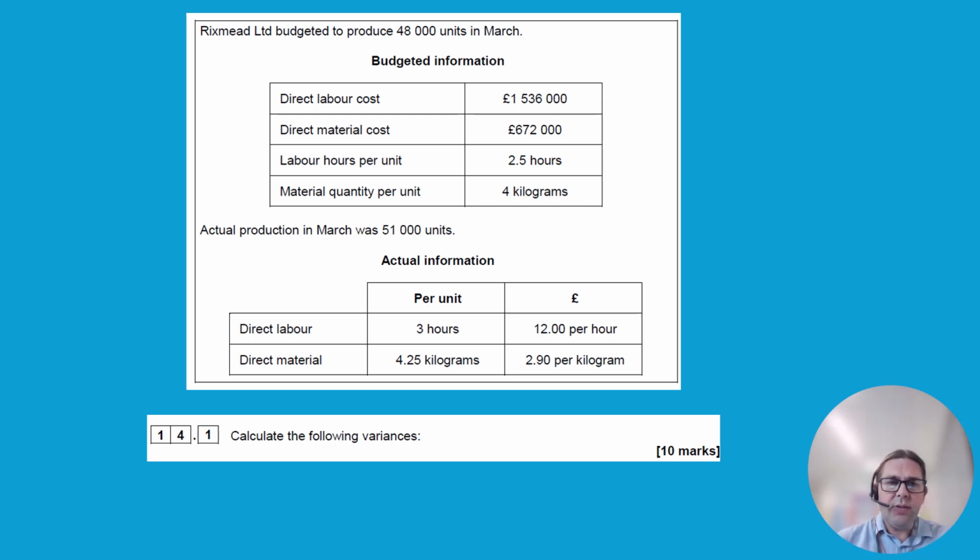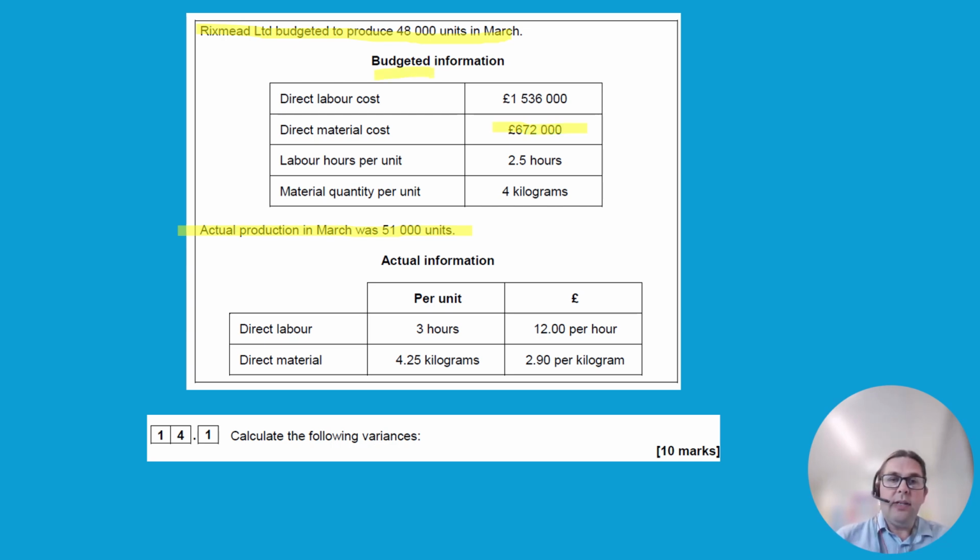Now, if we look at the data, we've got the top half is all about budgeted data, and the second half is all about actual. And so when we're looking at variance analysis, we're trying to say, are we achieving what we thought we would? So what we did do, we're comparing to what we should have done. So if we look at it from a material price point of view, we've been told that we did expect to spend